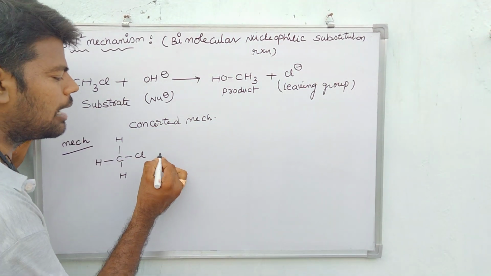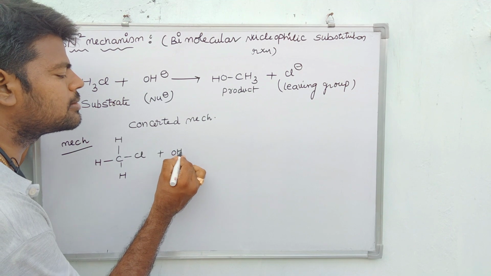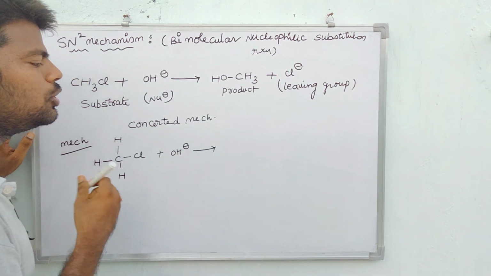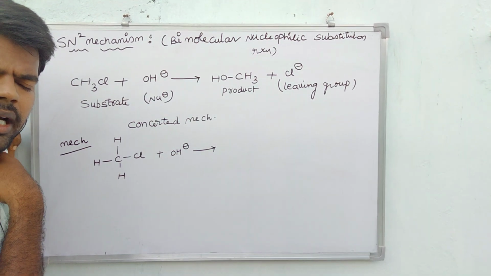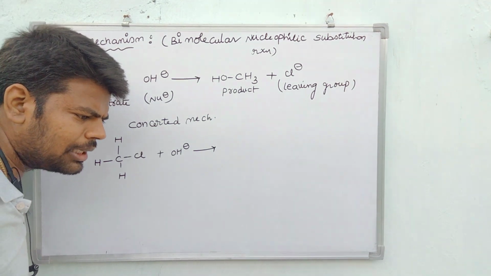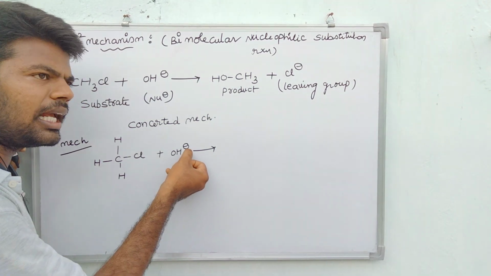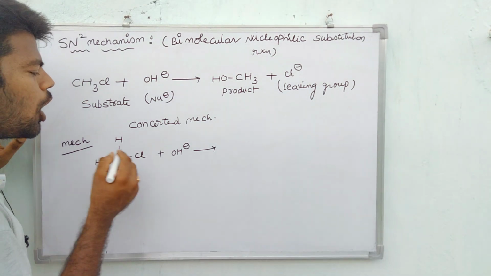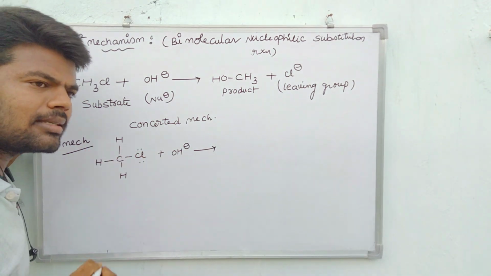On that compound, which group will attack? OH minus, that means the nucleophile attacks. Tell me one simple thing, friends. Here the OH group attains a negative charge. Already the chlorine atom is there, it is having a